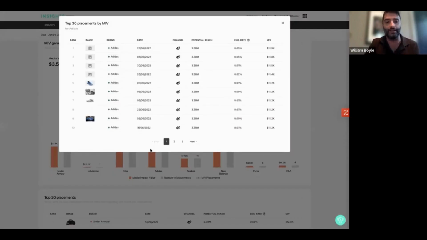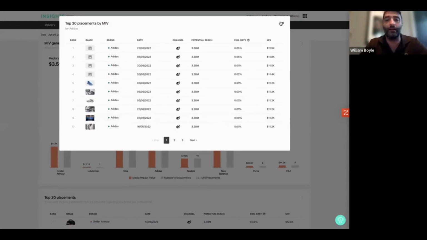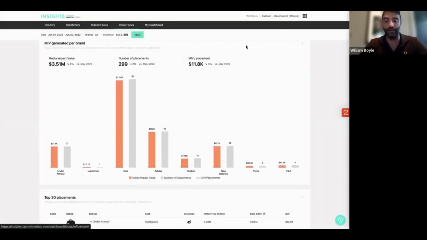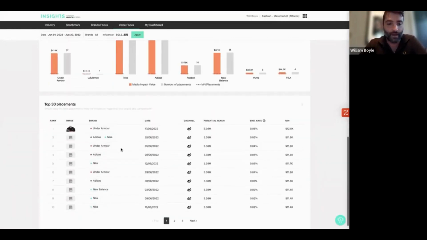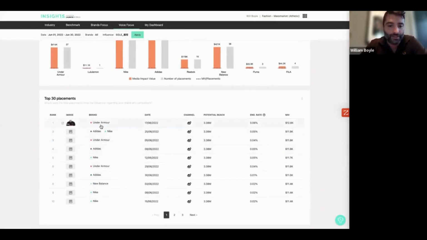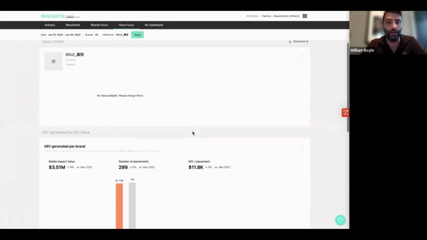Let's see who they are, who they're working with. Maybe that's a voice that I should look to activate, right? So I can come down here and see those actual individual placements, click out and see the placement on Weibo live, like I've been mentioning, and dig a little deeper into the association.